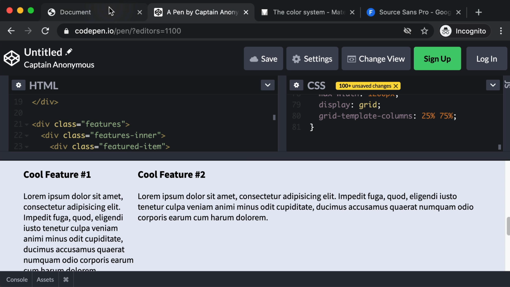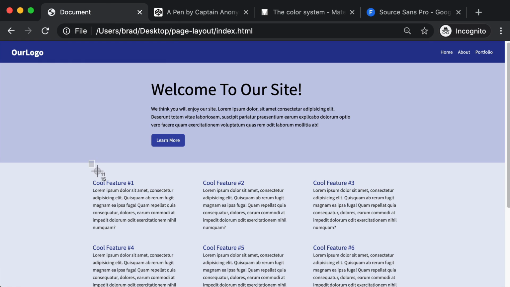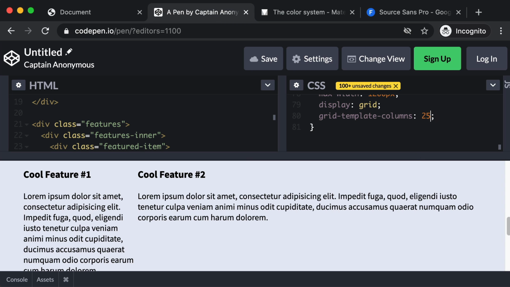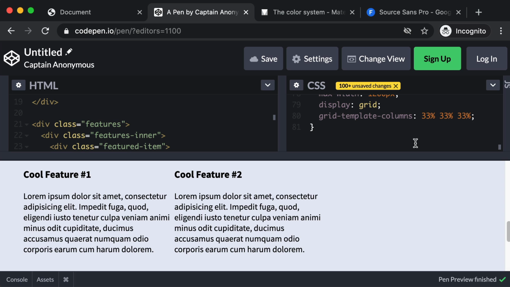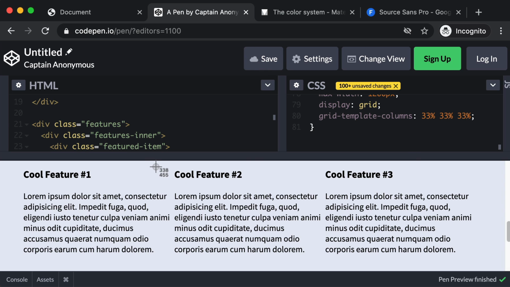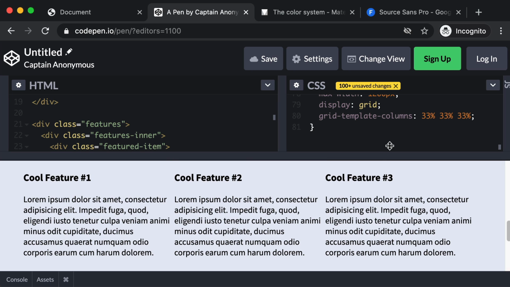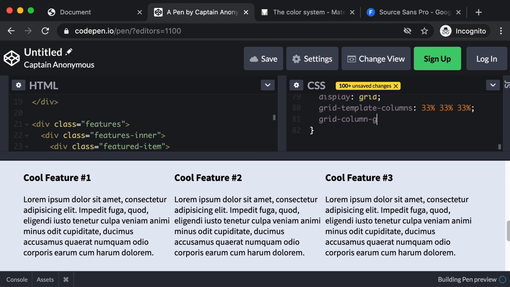Now, in our case, if we look at the reference design, we want a 3-column layout. So our first instinct might be to go with the 33%, 33%, and 33%. However, that doesn't leave any space for margin in between each column, right? Because we're already taking up 99% of the width. So for example, if we add another declaration of grid-column-gap, colon, and let's say 45 pixels,